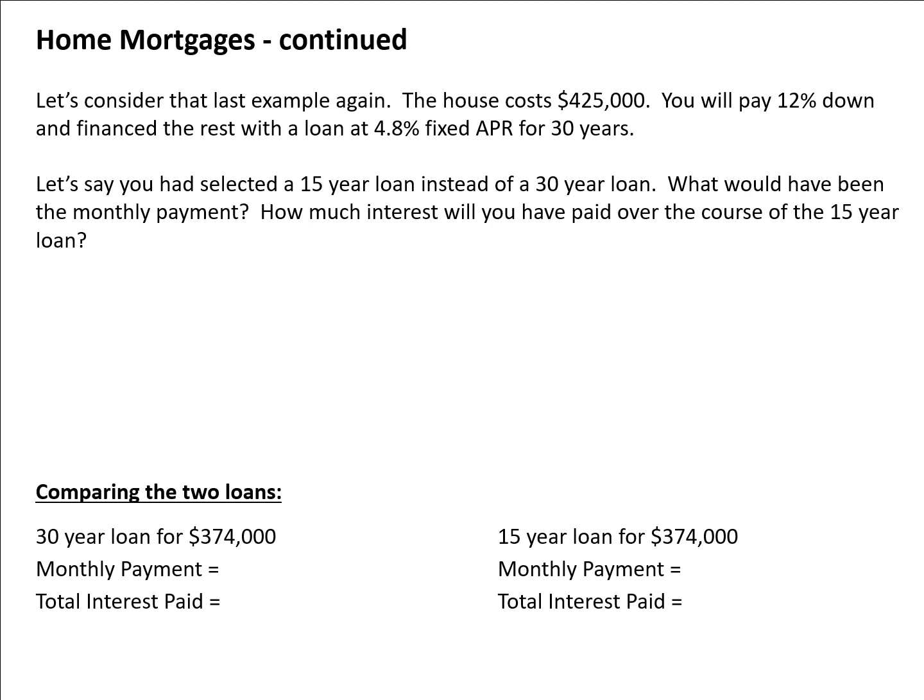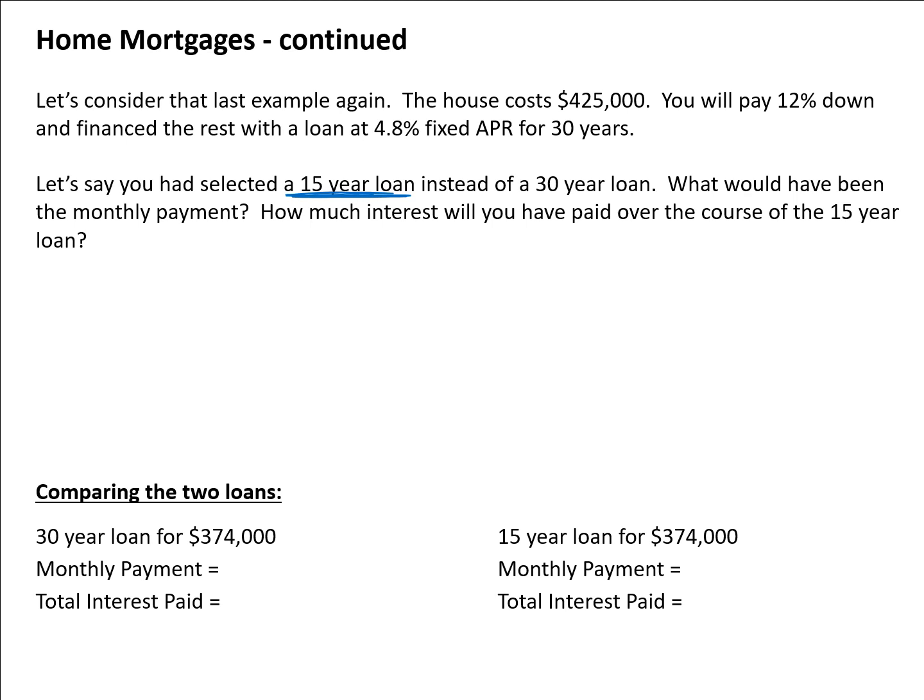Let's look at that same example again. The house costs $425,000. You're going to pay 12% down and finance the rest with a loan of 4.8% fixed APY for 30 years. But what if we changed it instead of 30 years? What if we changed it to a 15-year loan? So let's say we wanted to pay it off quicker. Let's work out what the monthly payment would be and how much interest we would pay over the 15-year period